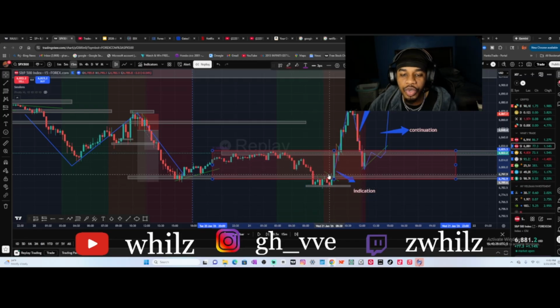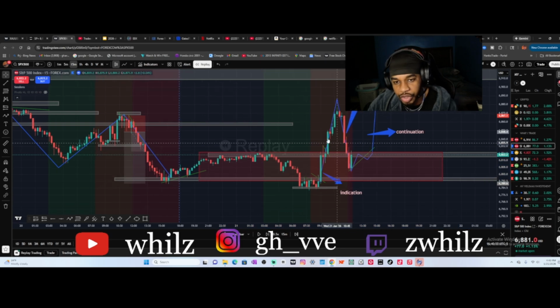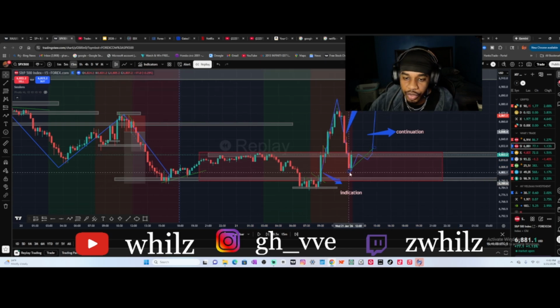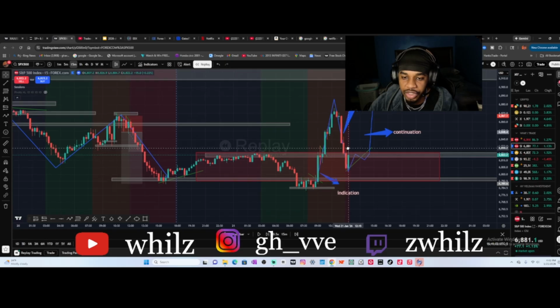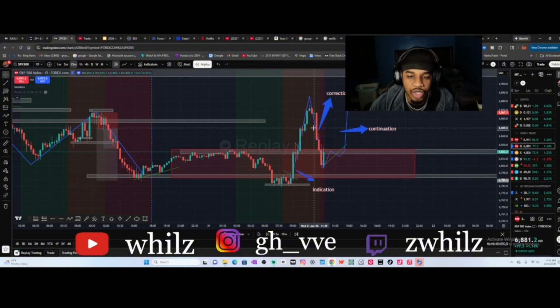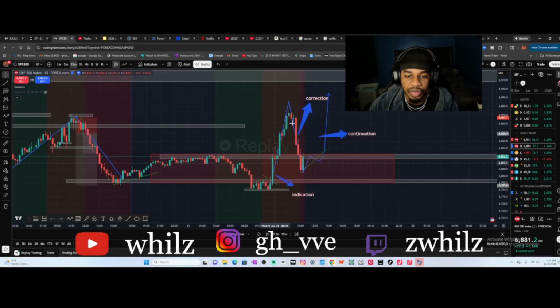But yeah, this zone you don't know who's in control, so you wouldn't be taking a trade within this zone, right? Because you don't know who's in control, buyers or sellers. Anyone could be in control, and obviously you can see what's happening within this zone. Choppy price action. We sell off. We get over here, we don't know who's in control. Above here, we know buyers are in control because we previously had an indication, then a correction. So we know above here, buyers are in control. And we know under here, sellers are in control because we also had an indication on it. Right? So to look at this example, indication, correction, and as soon as we get above here, we know buyers